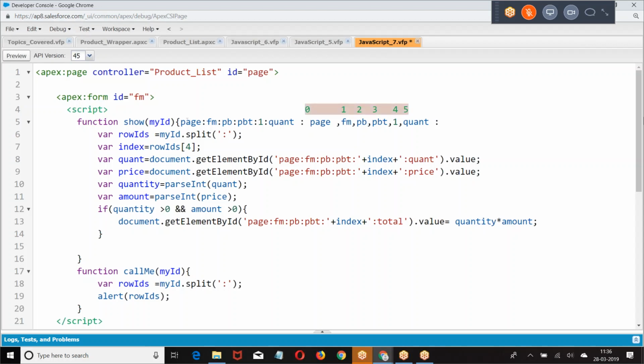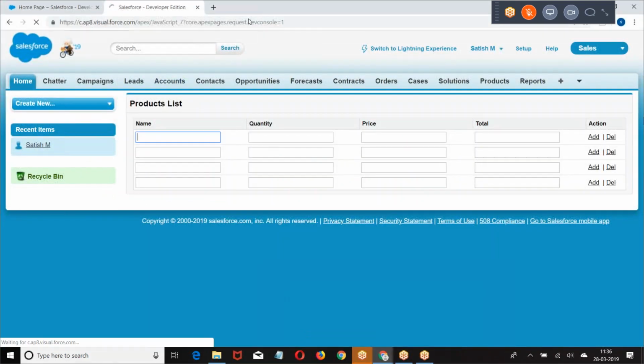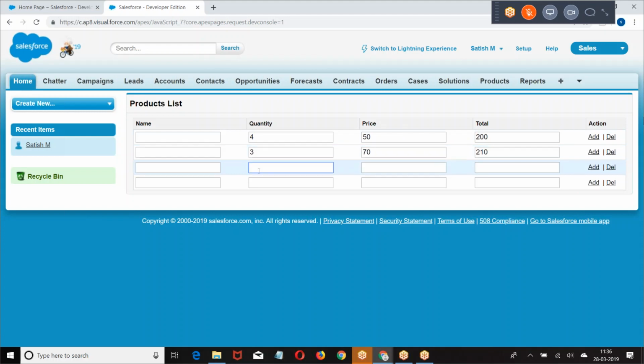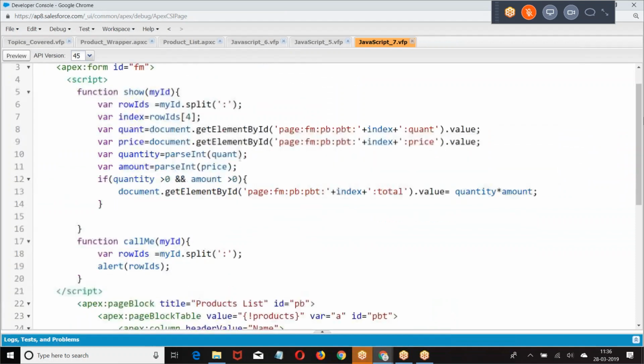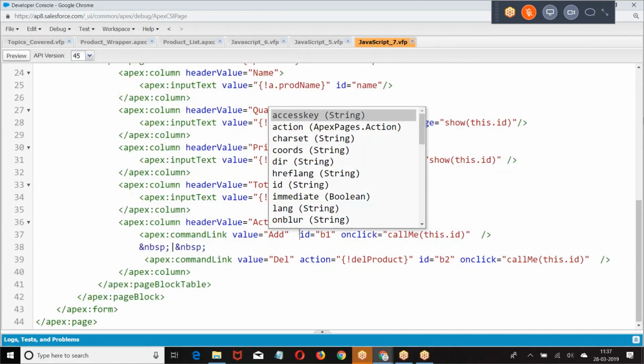That's what I took. Row IDs of 4. At the fourth position, we had the value. Then we are going for this. Yesterday, we got NAN, right? But I just removed this by adding some extra logic. This is how we are getting it. I hope you are good with this. Now the issue here is, why are we not getting this? Is the question.